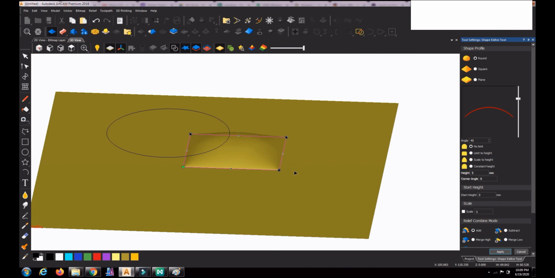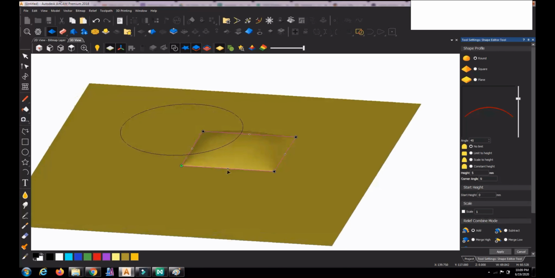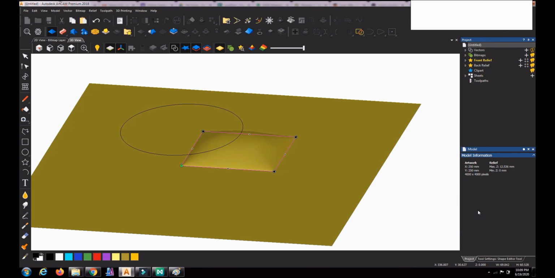See, automatically, no limit. That means at an angle of 45 degrees, because the surface is going at a 45 degree angle. With that angle, it automatically comes up to a certain height. Now the total value of the object is 12.536.